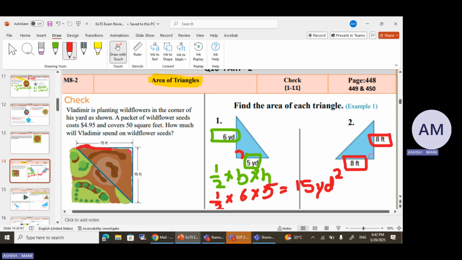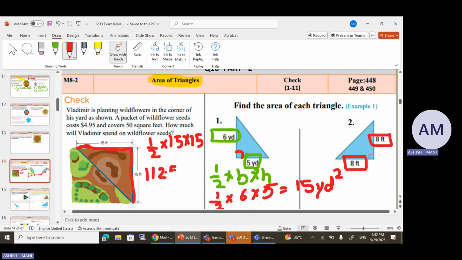For the area, the shape is a triangle. This is the base, this is the height. First find the area: half multiplied by base into height, that is 1 by 2 into 15 into 15. After getting the area, we have to find the cost. So I multiply 15 times 15 and divide by 2. The area is coming